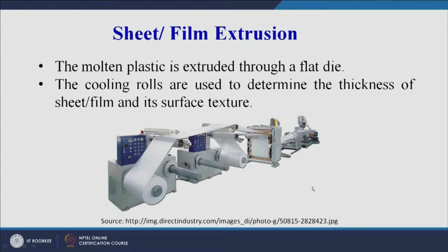On your screen you can see the raw material is coming from this side, then it is moving through the die, and finally it is getting collected in the form of a roll here. This is the final product being collected here, and the raw material starts from this side, passes through the die, and then is collected here. So this is a simple example of sheet film extrusion. The only change from the basic extrusion process is in the shape of the die. The die in this case will be a flat die, and therefore we will get a sheet type of product.